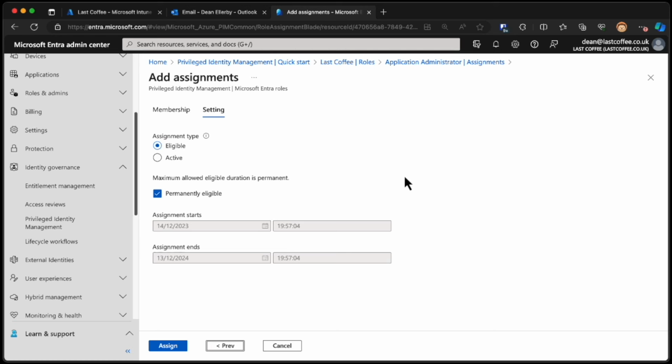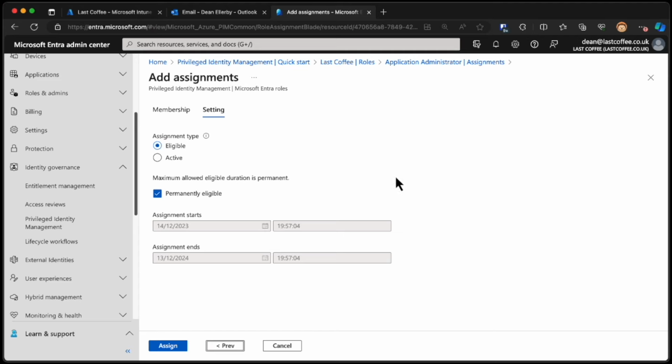If it's always active, then it's almost the equivalent of what we had before, where Jenny is permanently active within this environment as an application administrator. I want to make it eligible because this is her daily account that she uses for her day-to-day work, and now and again she needs to go in and make a change to an application or add an application. I want to make her eligible so she can go in and do that change very, very rarely. So we're going to make it permanently eligible, which means that there's no assignment start or end date, and we're going to